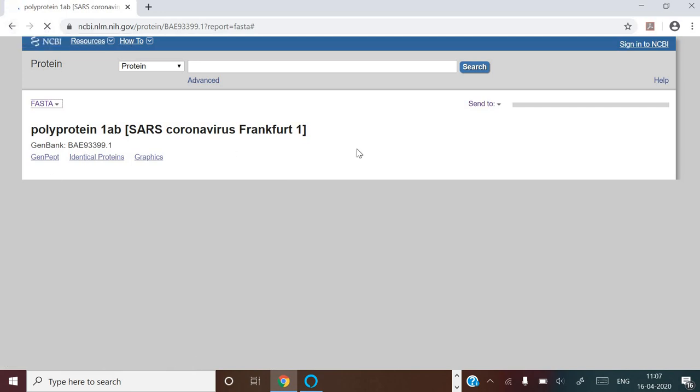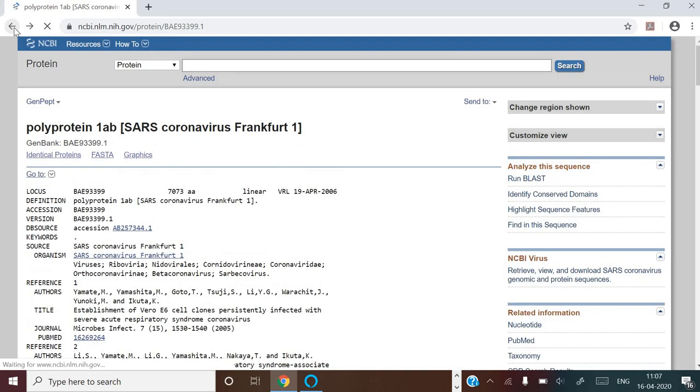I think there is some network issue, but nevertheless you know the process for the retrieval of protein sequences, or DNA or RNA sequences, from NCBI.